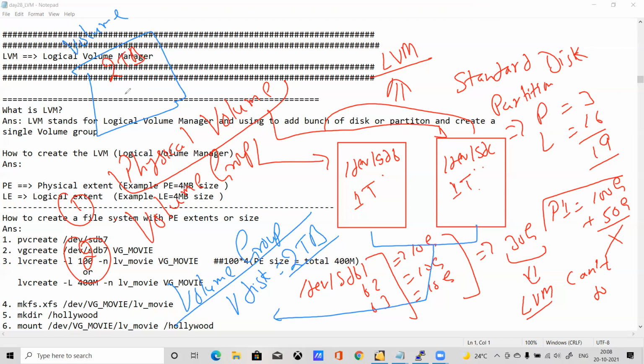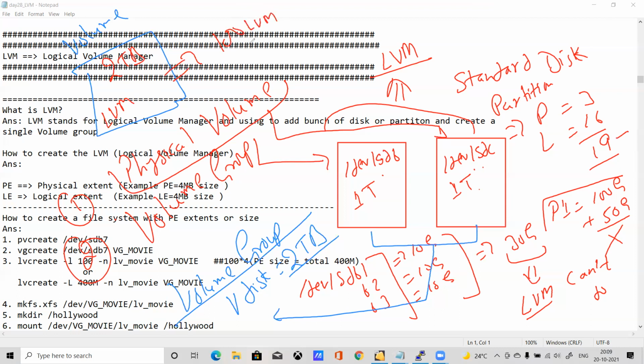Here you can create multiple, unlimited LVMs, logical volumes. There is no limit here; it depends completely on your space. With 2 TB, it's not that you can create only 19. If you want to create 100, you can create 100 LVMs.